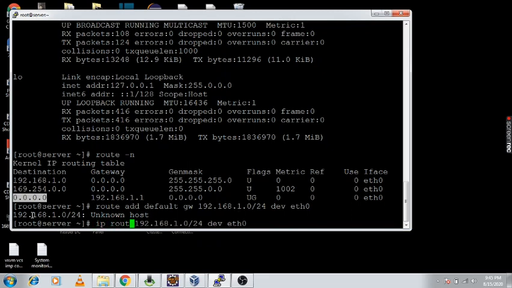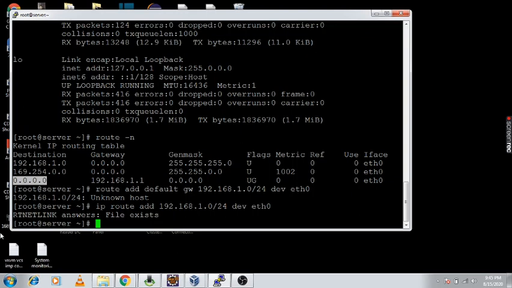That is ip space route space add. Yeah, so this command we need to use, but this route entry already exists on the server. That's why it is not taking, because it's showing this entry exists. But this command you can also use to add the default gateway. So these are the commands you can use to add your default gateway, or if you need to add a new gateway, you can use this command to add it on the source server.